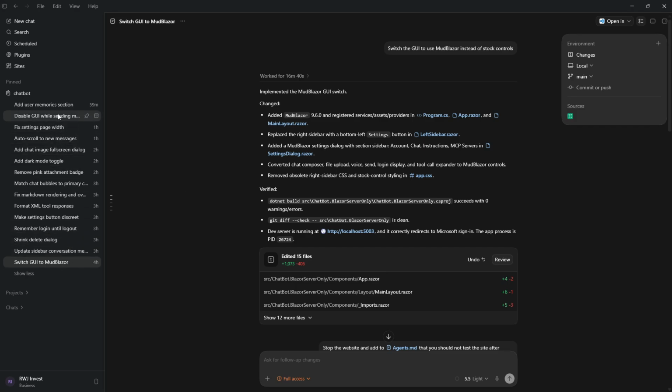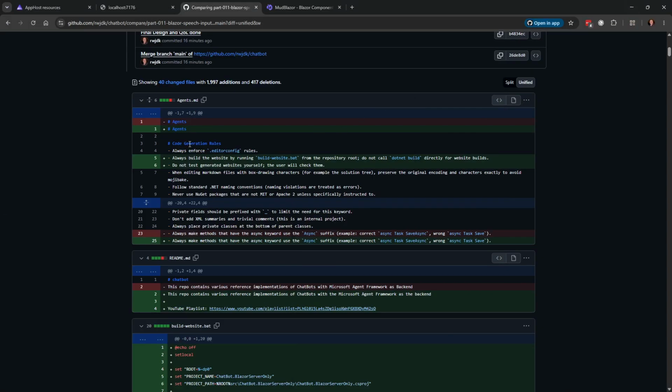Over the last 4 hours, I have done various changes and tweaks, and Codex, my favorite AI coding agent that I can highly recommend, is the one who has done most of this. Because this is not about the design, it's more about getting to a point where it feels nice.